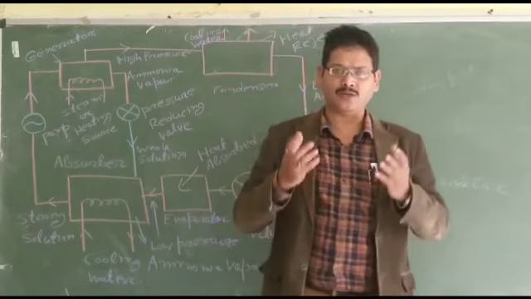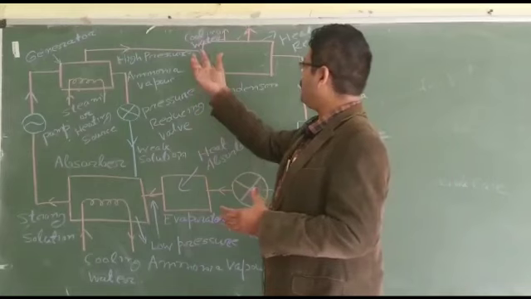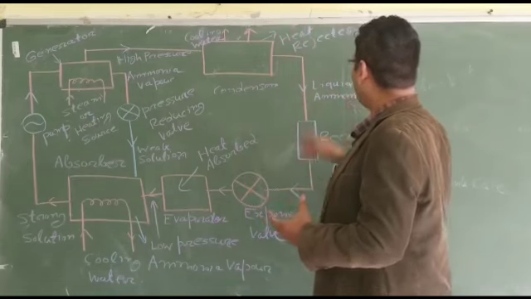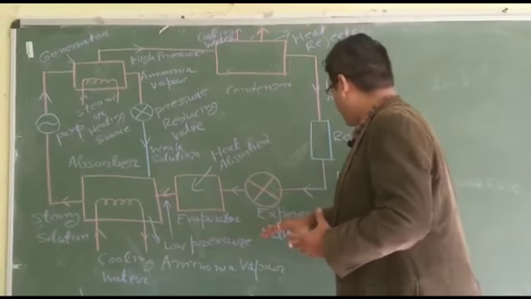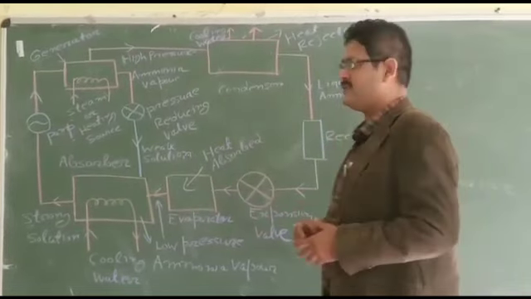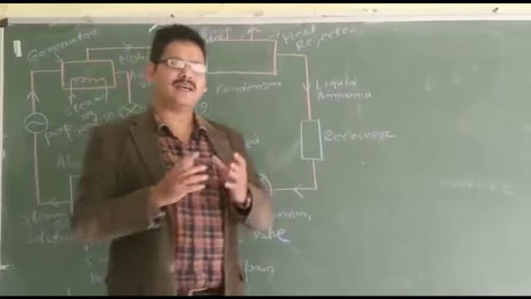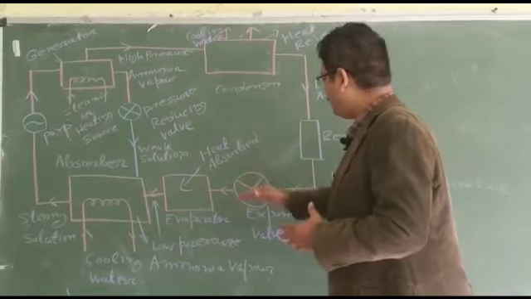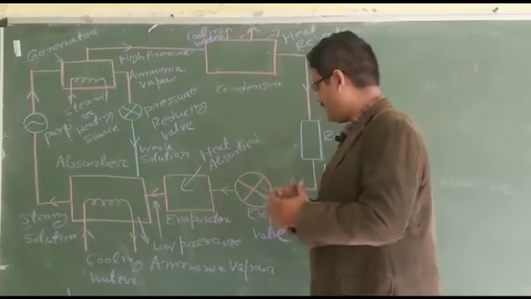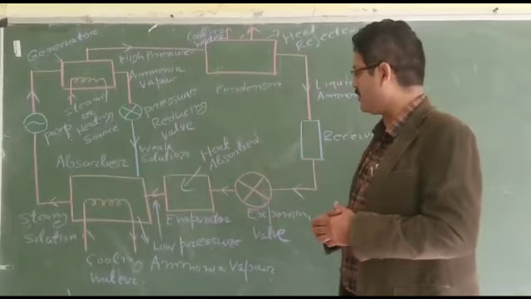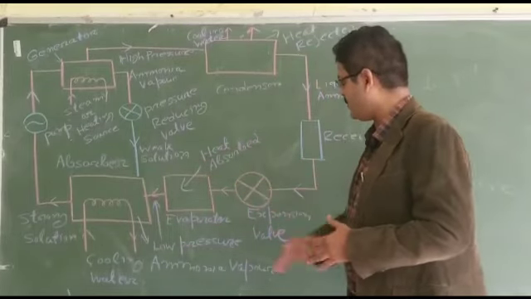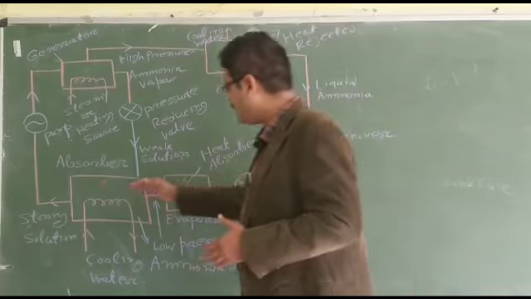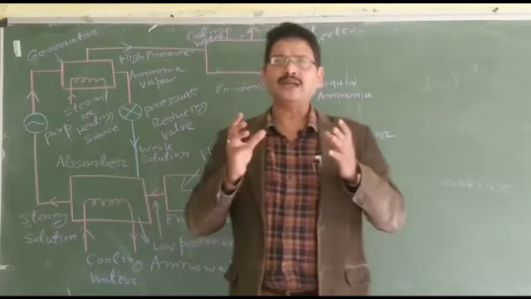In the condenser, we have the cooling water arrangement, where this high pressure ammonia vapor is condensed, heat is being rejected, and the liquid ammonia then enters the expansion valve after being stored in the receiver. In the expansion valve, it is allowed to flow at a controlled rate, thereby its pressure and temperature are reduced. This is provided to facilitate the evaporation process or the absorption of heat in the evaporator. Then this low pressure, low temperature ammonia vapor enters the absorber to start a new cycle.